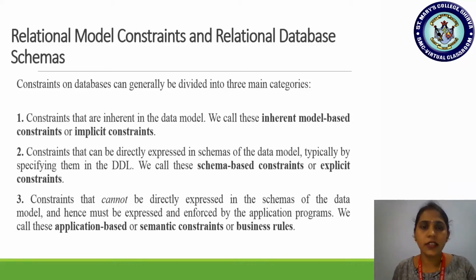What is that constraint? A roll number can be a combination of alphabet and digits, or a roll number has to be numbers only, of type numbers only. And the roll number of one student should not be the same as another student. Each student should have a unique roll number. These are the rules I add for a particular attribute. Are you all understanding? So relation means what? The alternative name for a table or an entity, right? Yes. So, relational model constraints and relational database schemas.